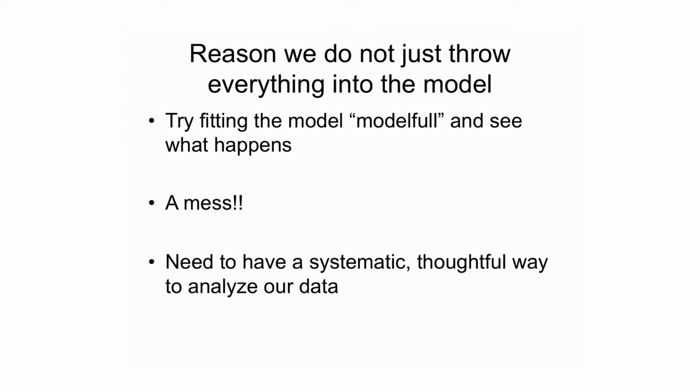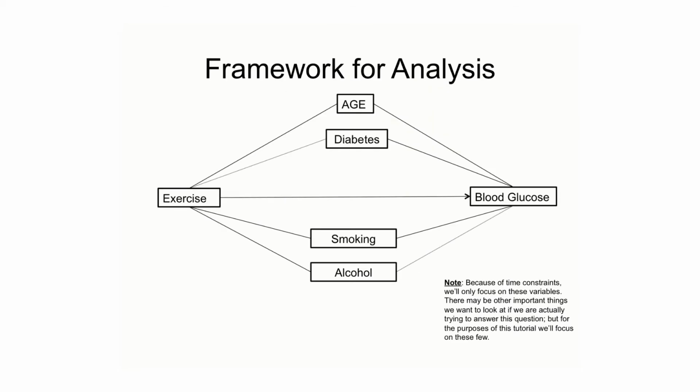There are automated model selection procedures that select explanatory variables statistically, including forward, backward, and stepwise selection. These are based strictly on numbers, but usually are not the best approach. We need to think through our model selection theoretically and statistically, and make decisions based on what you think is important and what the data is telling you is important. For the purposes of today's tutorial, we're going to focus on 4 variables that could affect the association between exercise